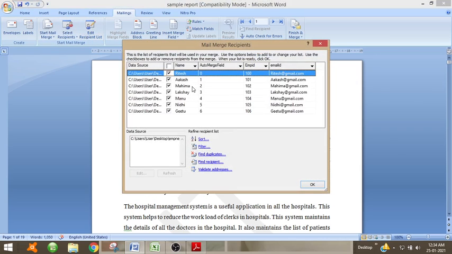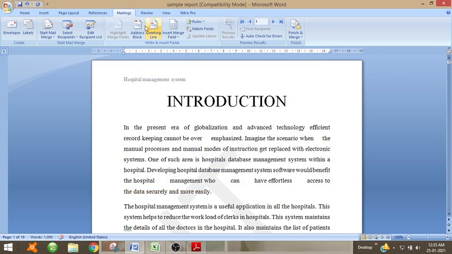It contains the list of all the employees, containing the name of the employee, then the employee's ID and email ID. So for every letter, for each person I need their name, employee ID and email ID. So all these fields will be inserted.